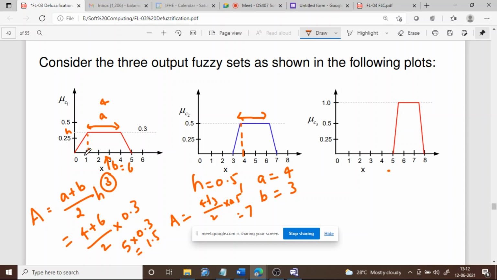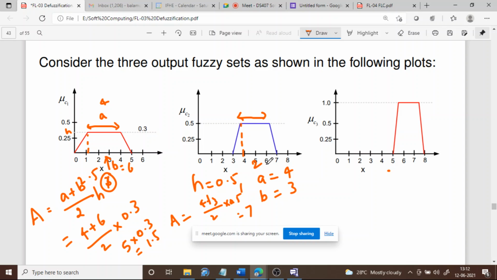Here it is 0 to 5, that is 1, 2, 3, 4, 5. Or it's not 3, it is 2.5. You can say this is 2.5 because totally there are 5 things, and 5 by 2 is 2.5. Here you have basically the height of this base divided by 2. The height is 4. 4 by 2 is 2. So here the midpoint is 2.